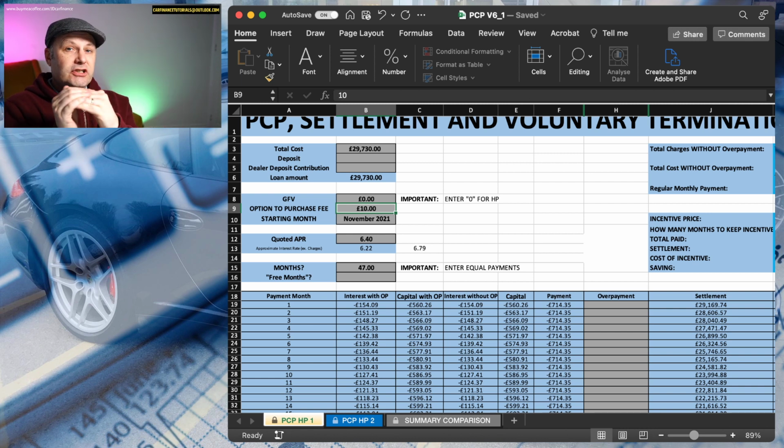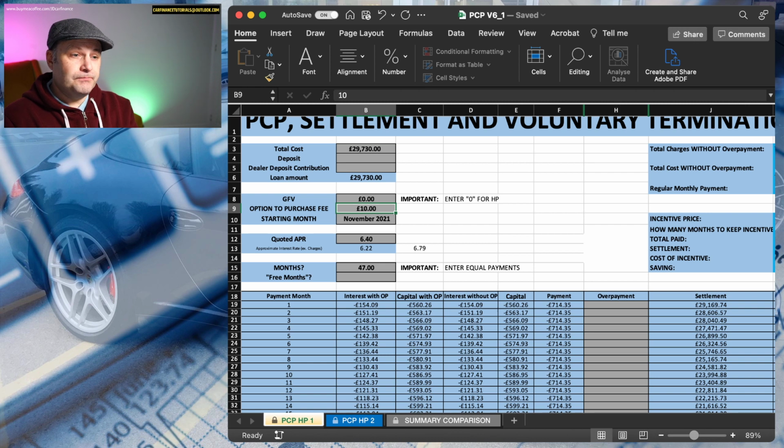So the higher the interest rate is, the more interest you're paying on this balloon payment that you may never pay off. And if you do want to keep the car, what are you going to do with that balloon payment? You're going to probably refinance it, which means you've paid interest on the balloon payment first, and then you've refinanced the balloon payment and you're paying interest on it again. So just bear that in mind with the PCP as well. If you definitely know you want to keep this car forever, you're probably better off going down the HP route